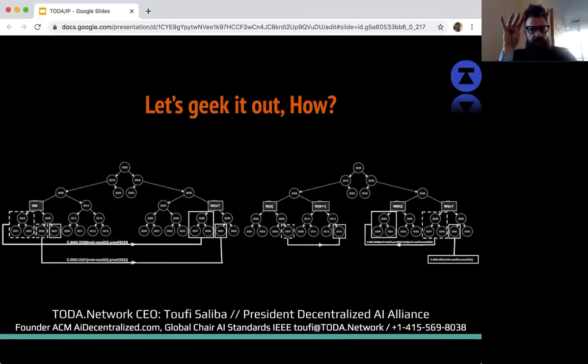The fourth element is the scalability. We don't want the scalability without having the first three. You don't want scalability if you don't have security. You don't want scalability if you don't have efficiency. You do not want scalability if you don't have confidentiality. Those are three essential elements to then talk about scalability. How does a system like that, if you're building a system on TODA to do those videos that I've explained, or any other system,